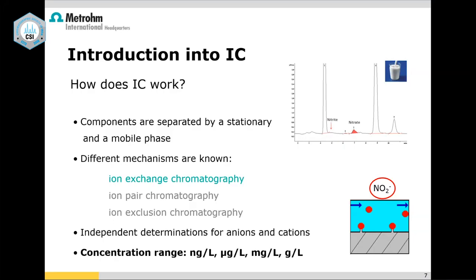One more piece of information: IC is aqueous based, that is, a water-based technique. So the water which we use for performing ion chromatography should be as pure as possible. We are talking about ppm, ppb, and sub-ppb levels. That means the water we use for this technique has to be ultra pure. We have to use 18.2 megaohm water, because we have to prepare solvents or samples using this ultra pure water. That is very, very important.